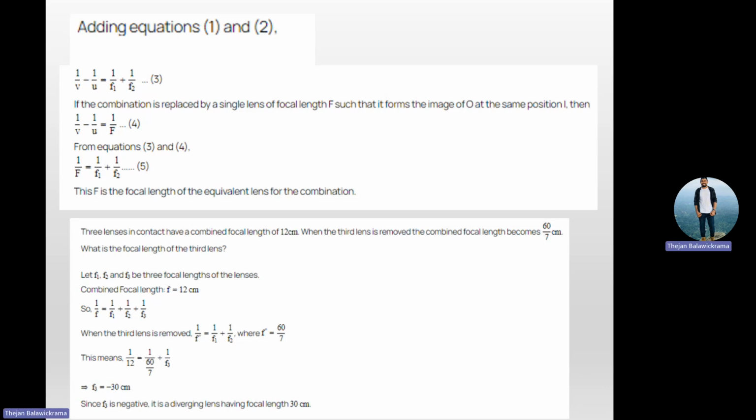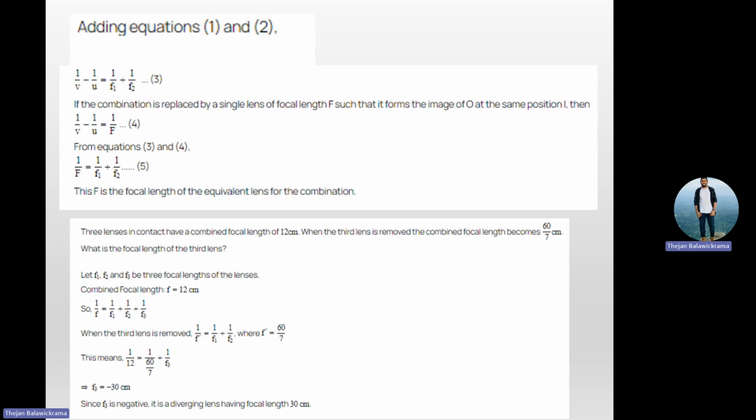Okay, an example has been given. Can you try that on your own? I want you to know this is a combined lens system. There are three lenses in contact. I said you can do 1 or 2 or 3, no problem. Right? So what will happen? Three lenses in contact have a combined focal length of 12 centimeters. Then the set of three is 12 centimeters. That means our equation should be